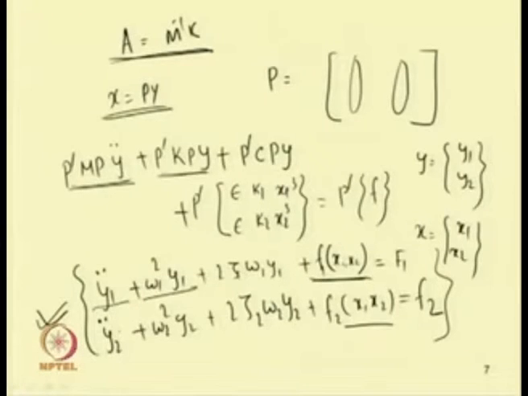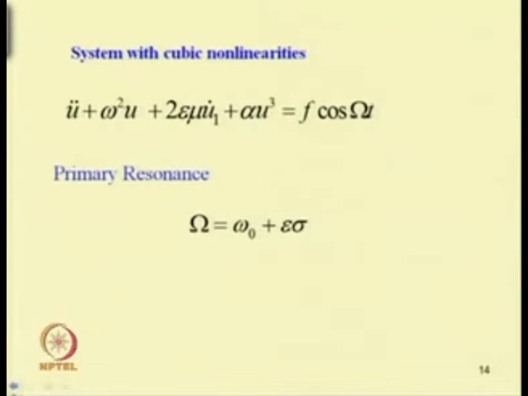So now these equations are reduced to those of a single degree of freedom system, and we can apply the method of multiple scales to study this. In our previous class, for a system of weak nonlinearity, taking only a cubic nonlinear term, we had primary resonance. Primary resonance means the external forcing frequency omega is near the natural frequency of the system, and then we can add a detuning parameter to the system.